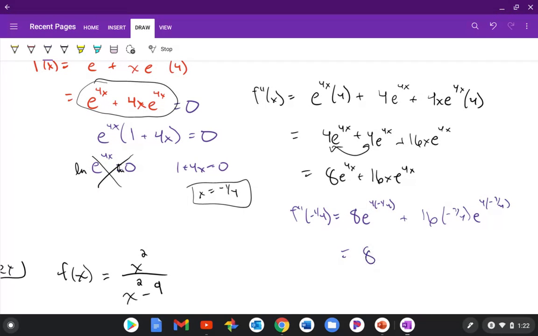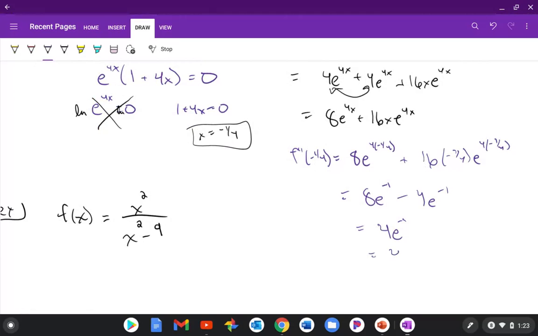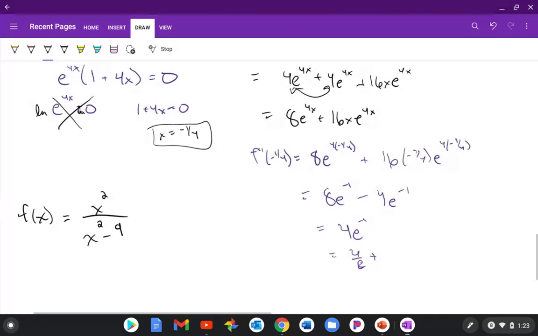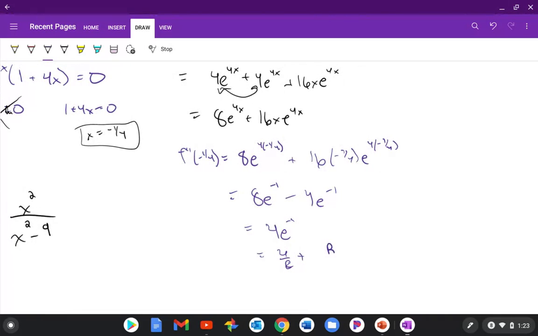That's going to give us 8e to the negative 1 minus 4e to the negative 1. So that would give us just 4e to the negative 1, or 4 over e. Now, actually, all we care about is if this is positive or negative. 4 over e is a positive number. So we can say we have a relative min